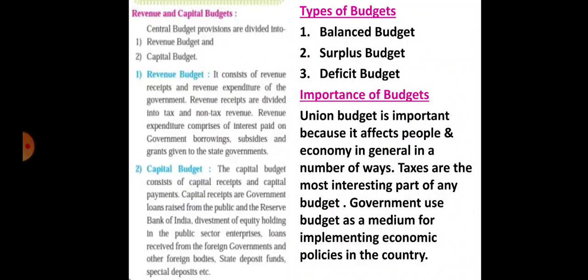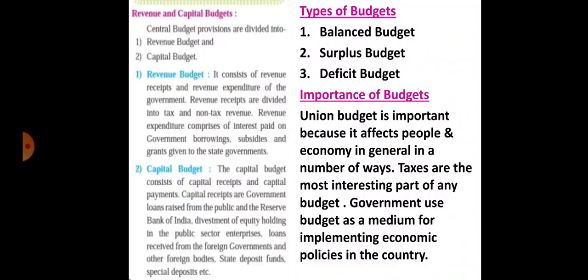A surplus budget may prove useful during a period of inflation. In a period of inflation, there is a tendency for prices to rise rapidly. We know when the normal price level rises continuously, that is called inflation. This needs to be checked, particularly in the interest of those who have a more or less fixed income. The rise in prices can be checked by lowering the level of effective demand in the economy. So a surplus budget should not be used in situations other than inflation, as it may lead to unemployment and also reduce the level of output in an economy.